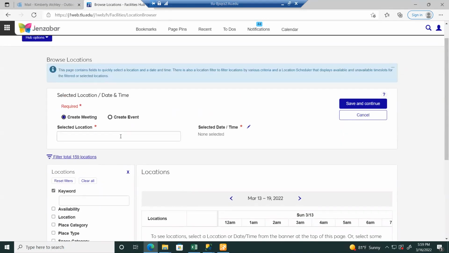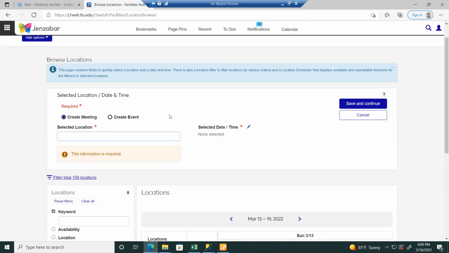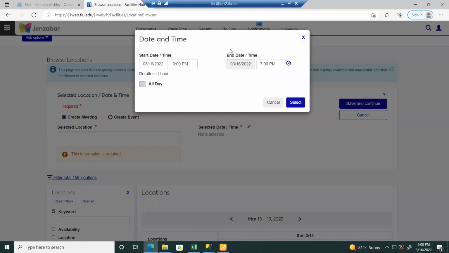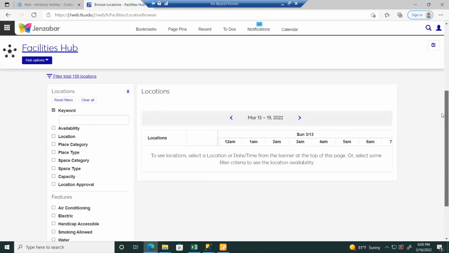So in this case, we can always go up here and directly type in our selected location. You'll see I type ASC and you get all these different types of locations that we can search for a space by. You can always enter your selected date and time. If you have a very specific date and time that you need to have your meeting, you can put that in here. And then finally, on the left-hand side, you have